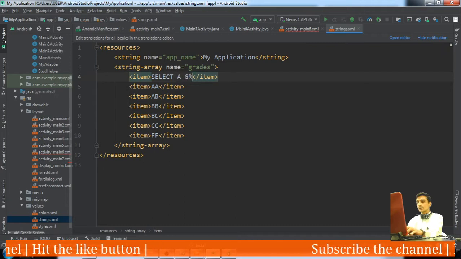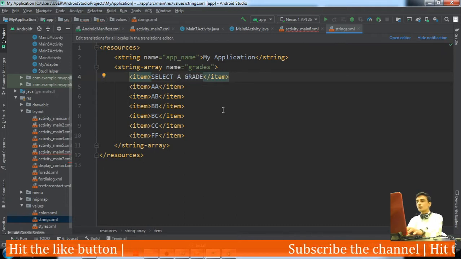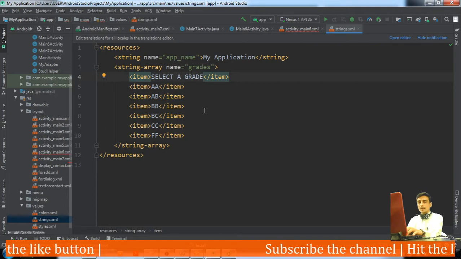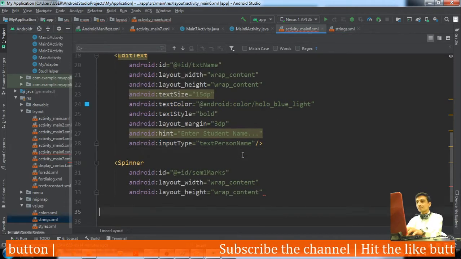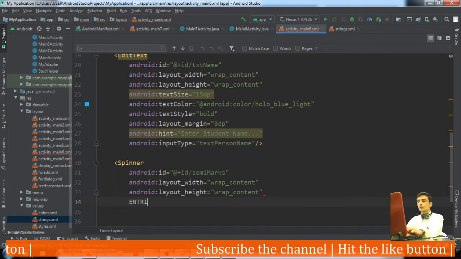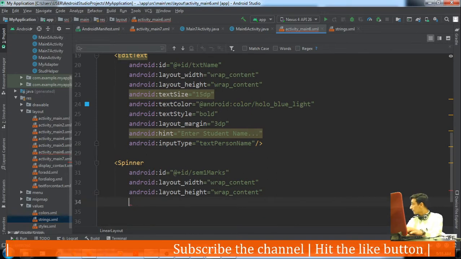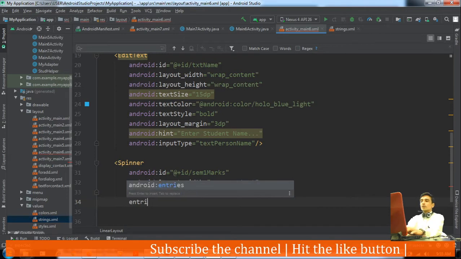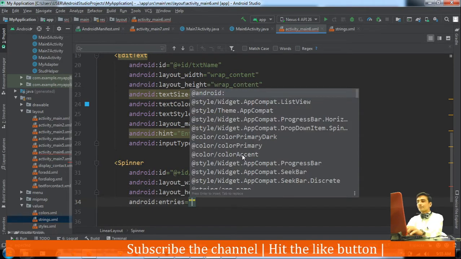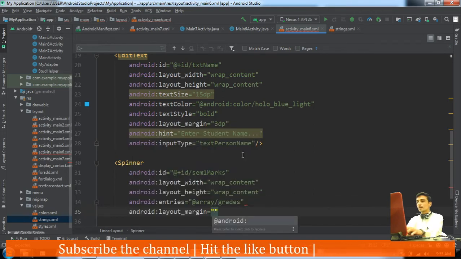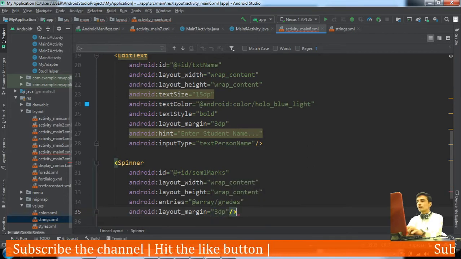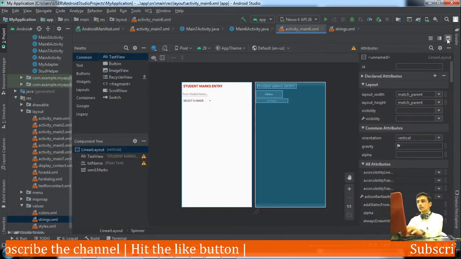It is at position 0, and all the items in the list are at a particular position, starting from 0. So here I would give reference of that array, grades. I would also set the margin here. In edit text we have set the margin 3 dp, here also 3 dp. Let's see how it looks.